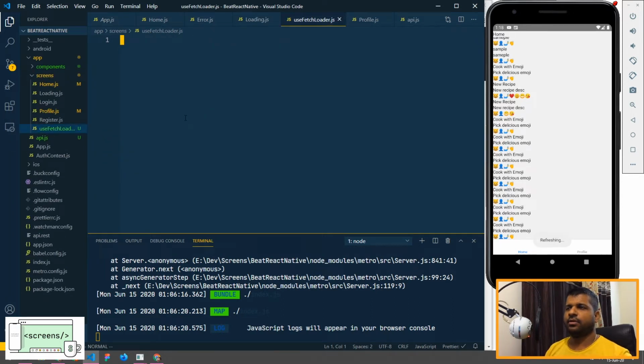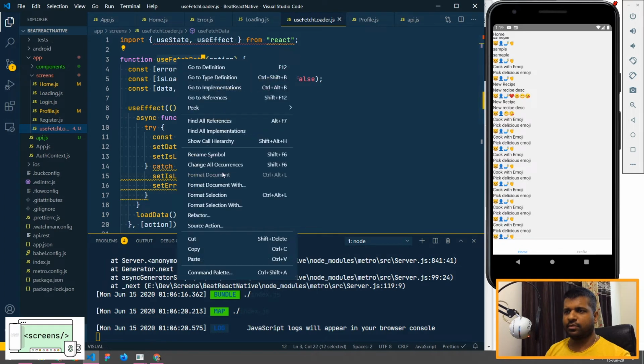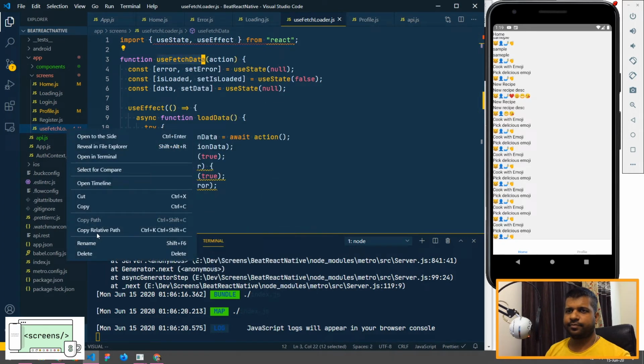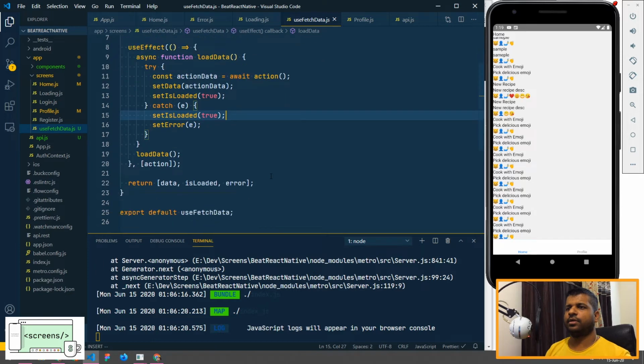Yes. Okay, I'll go ahead and paste a bunch of stuff here. So in my last example, I called it use fetch data. So let's rename this to use fetch data. Okay, so let's change this. Okay, cool.